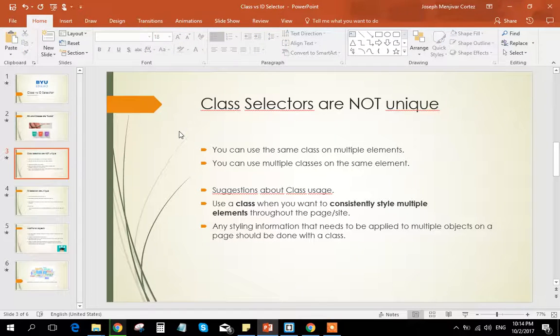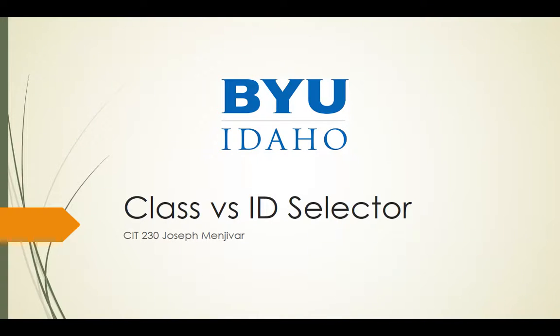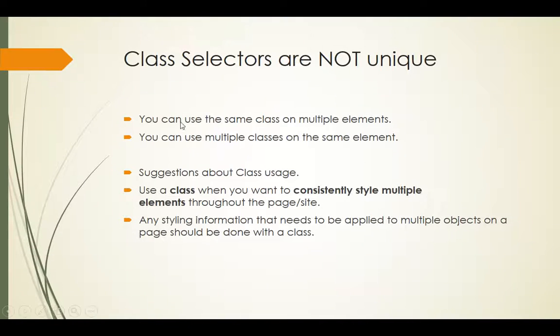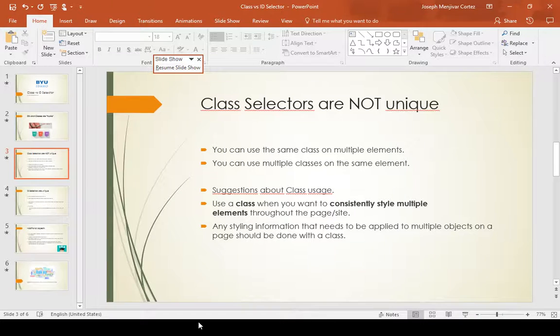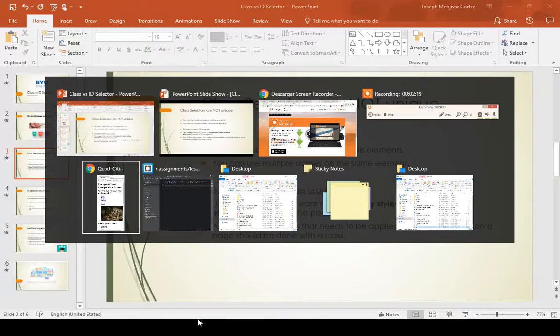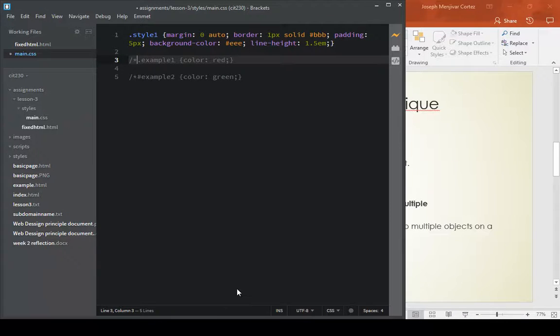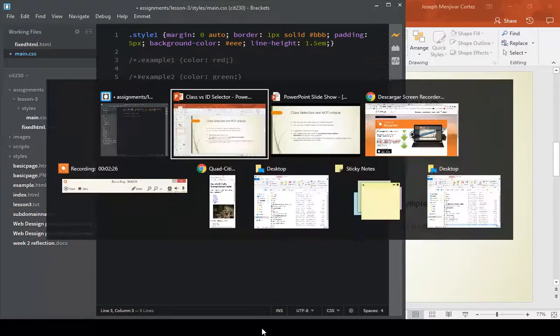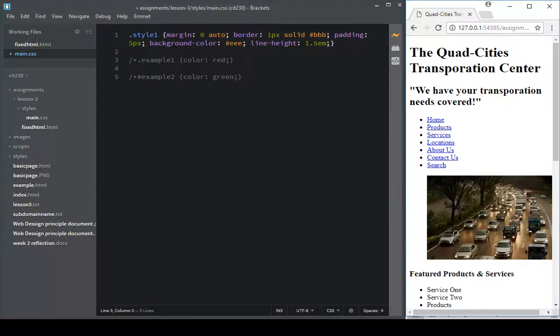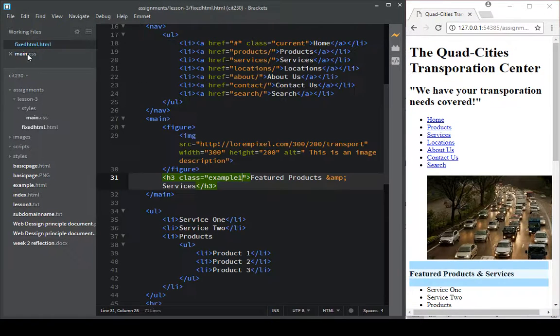I forgot to do the F5 thing, so it looks a little bit like this. Sorry about that. Okay, we're going to go over this one. What I'm trying to open is my Brackets. I'd like to show you how this works. So I have the fixed HTML file that we just fixed last week,